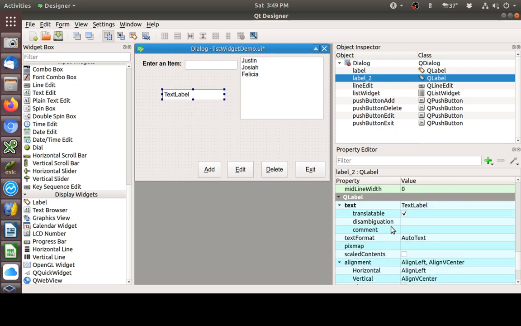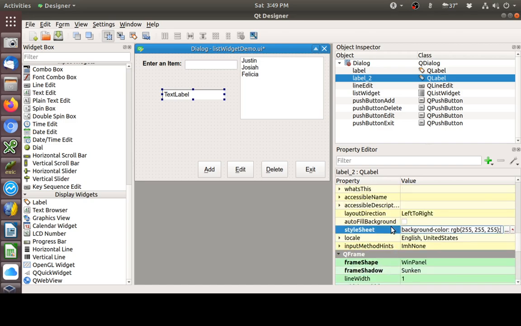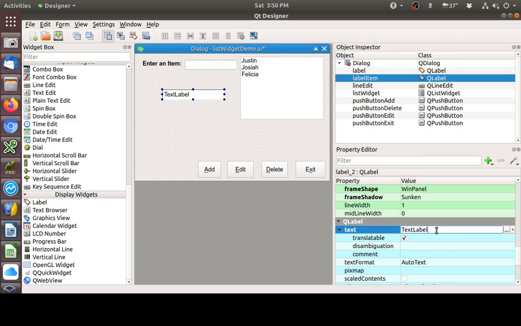So what's left for us to do here is we need to change the name of this. We can triple click there and call it label item. Hit enter. Make sure you hit enter so that this gets saved. And then let's take the text out of it. We've got it renamed and we've got its property changed. So there it is. I'm going to save my ListWidget demo,